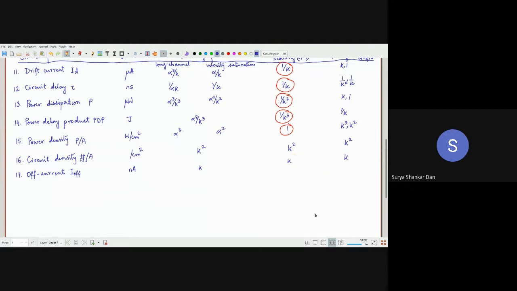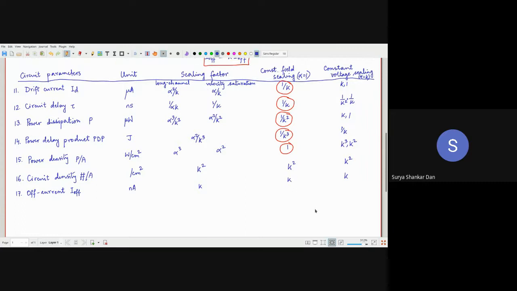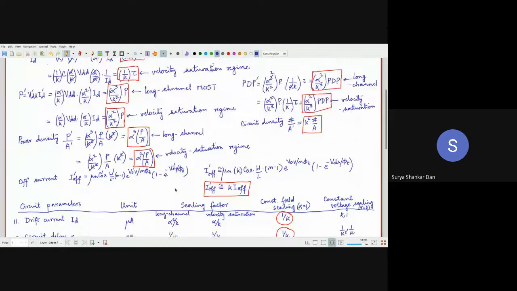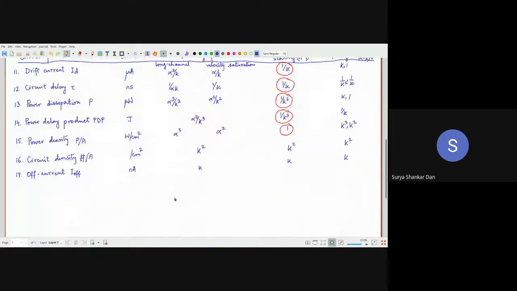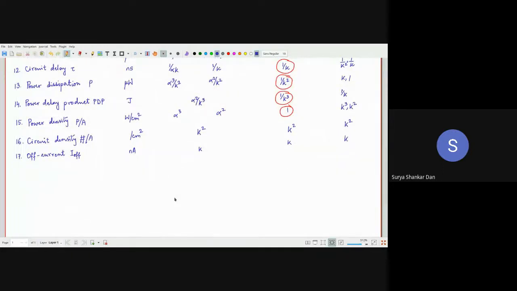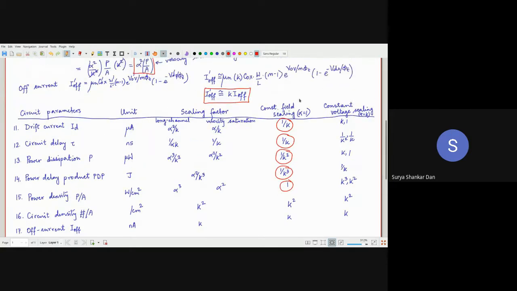And this is where I will stop here today, because whatever we have been doing for the last two lectures, the previous one and today's lecture, is that we have essentially dealt with all the various advantages of scaling. Okay, so when we are speaking about scaling, it's almost invariably constant field scaling. That part is, I think, clear with you by now. So whenever we are speaking about scaling, we are always talking about constant field scaling alone. Okay, nobody talks about constant voltage scaling anymore.